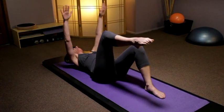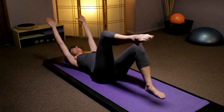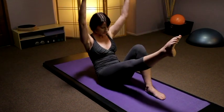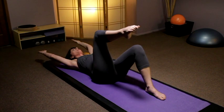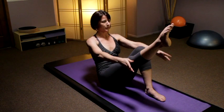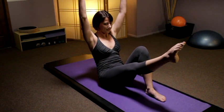Teaser prep. With the right leg up in tabletop, arms overhead, you're going to scoop and roll up into a V position and then roll back down. Inhale the arms to the ceiling. Exhale, press the low back down. Extend that right leg. Reach your arms up as you inhale. Exhale, roll the low back